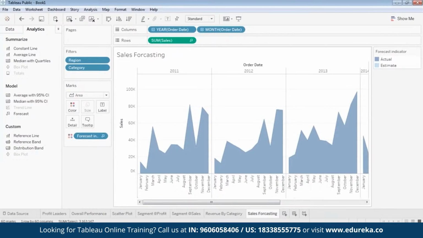I need to show all this in a dashboard, right? So I will be creating a couple of dashboards. So our dashboard is nothing, guys, but a group of sheets,